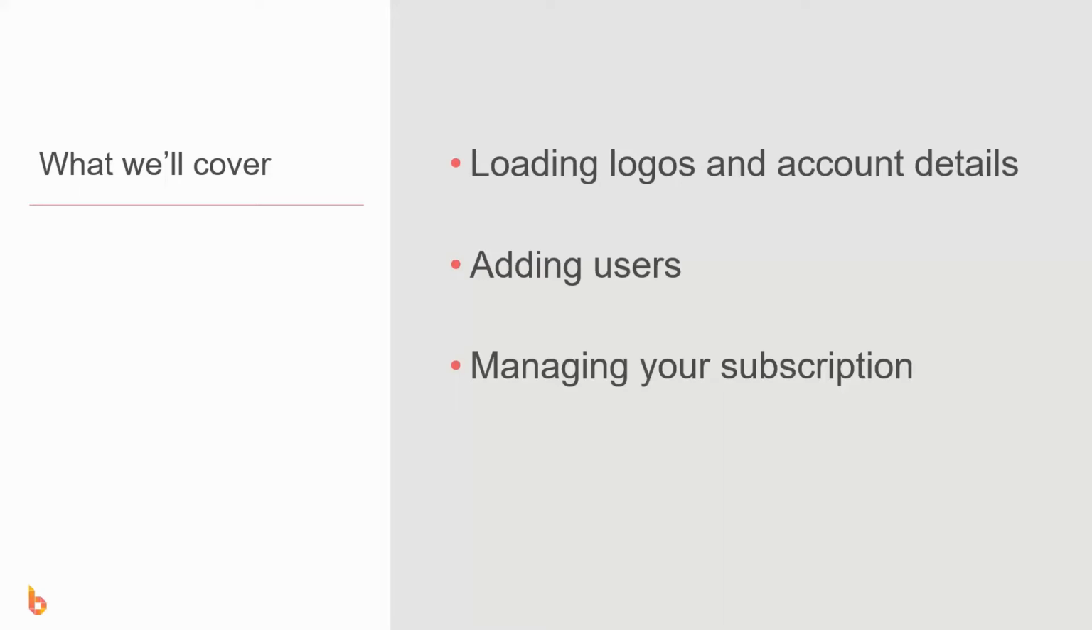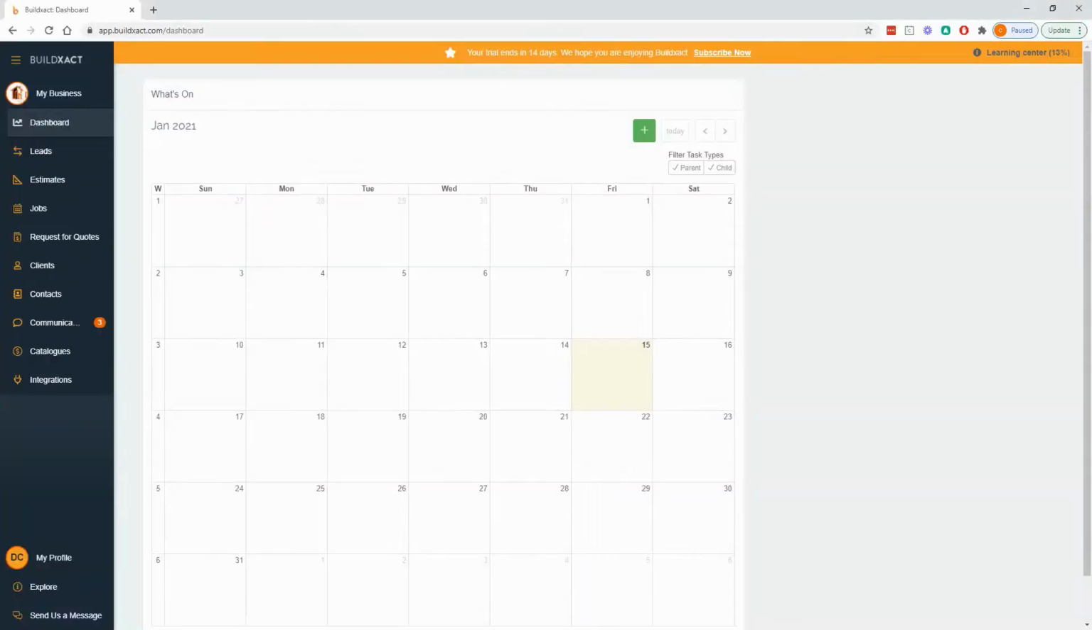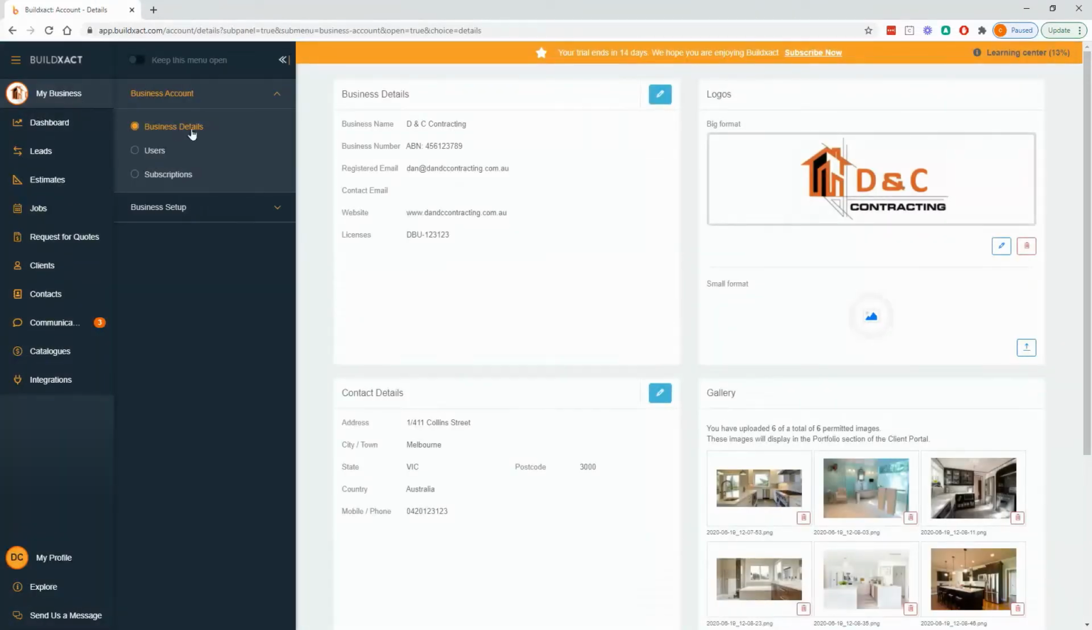In this video, we're going to look at loading your logos and getting your account details in. We're going to have a look at getting users added to your Buildxact account, as well as managing your Buildxact subscription. To do all of this, we're going to head into the My Business area, and specifically, first of all, the